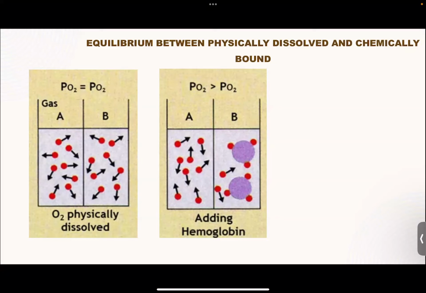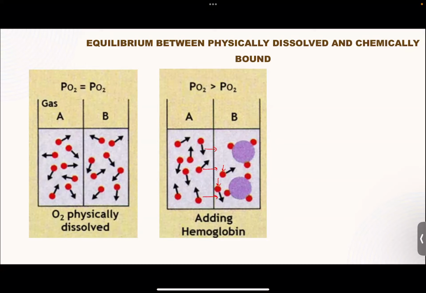Now, if there's a pressure difference, this is what's going to cause the movement of oxygen from one place to the other. So you know how we have concentration gradient? It would be if there were more oxygen molecules in one place, it goes to where there is less concentration. Here it's not concentration. Here the movement is primarily dependent on the difference in the partial pressures. So because it's just this one and this one, now the oxygen molecules are going to start moving from A